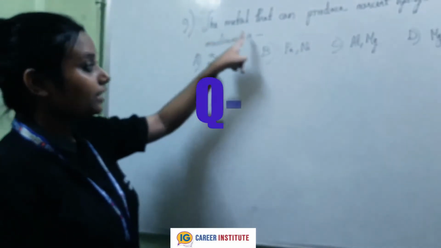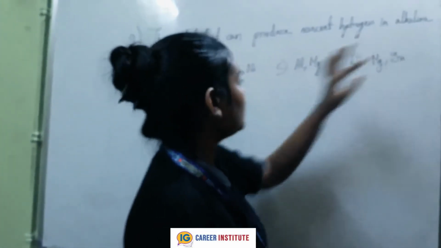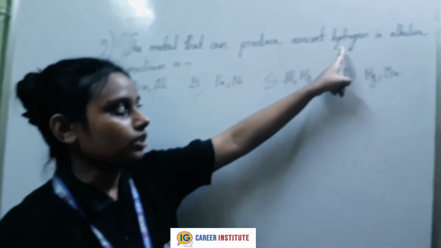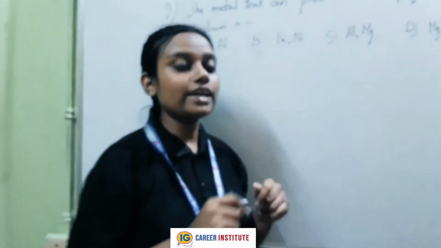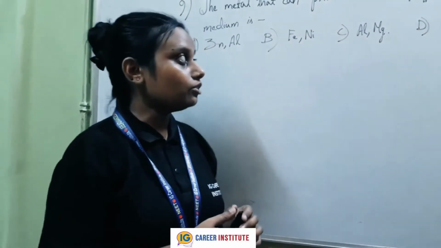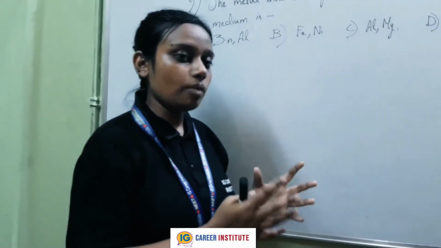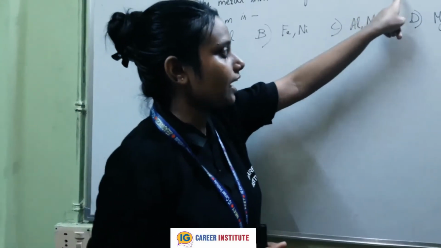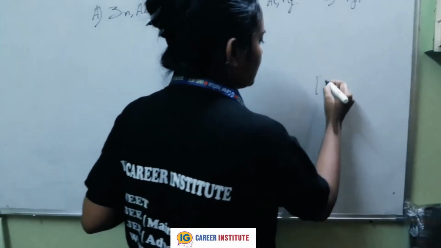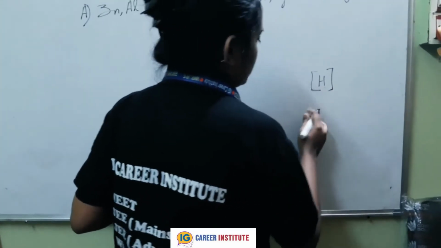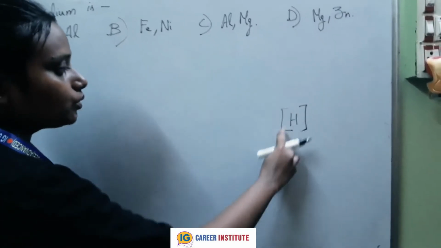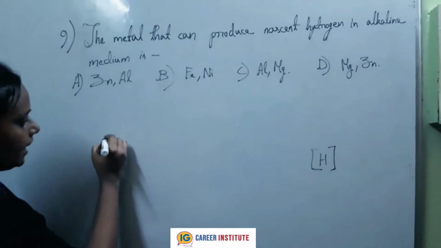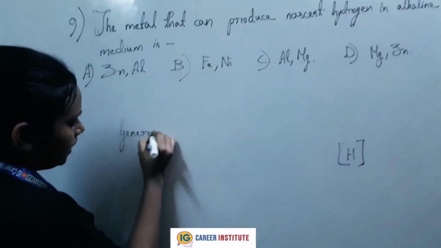Question 9: the metal that can produce nascent hydrogen in alkaline medium is. So what is nascent hydrogen? We all know hydrogen is more stable in the diatomic state, right? So when hydrogen exists singly or in atomic state, it is quite unstable. So nascent hydrogen stands for single hydrogen, which is not in its diatomic state, and it is always written in square brackets. So this is a very straightforward question. Basically these 3 elements,